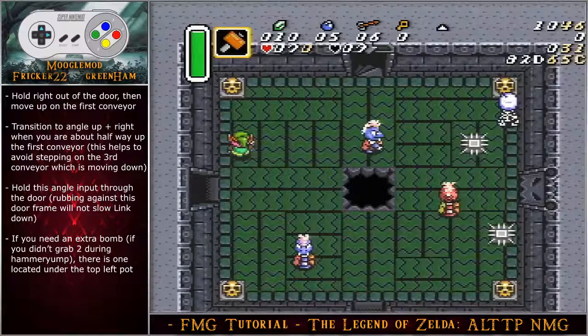At this point, if you do not grab 2 bombs at the hammer jump and have less than 6 bombs, there is one underneath the top left pot. This bomb is faster to grab than the restock room and swamp, only if you don't need the last set